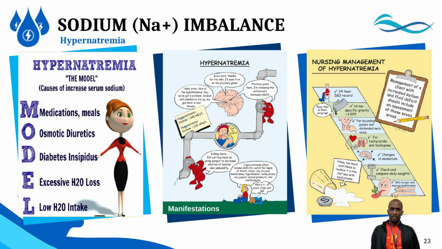Hypernatremia occurs when sodium levels exceed 145 milliequivalents per liter, leading to symptoms like thirst, restlessness, irritability, and muscle twitching. Severe cases may cause confusion, seizures, or coma. It often results from inadequate water intake, excessive sodium intake, or water loss due to conditions like diabetes insipidus or